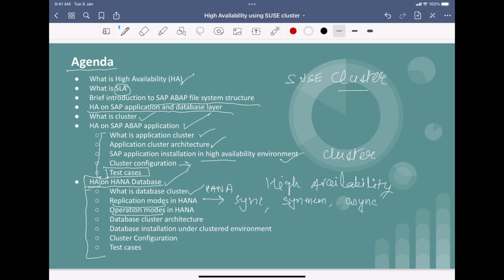Also under the operation modes in HANA, we will be seeing what is log replay operation mode and what is delta data shipping and log replay read access. So we are going to learn about these replication modes and the operation modes in detail,